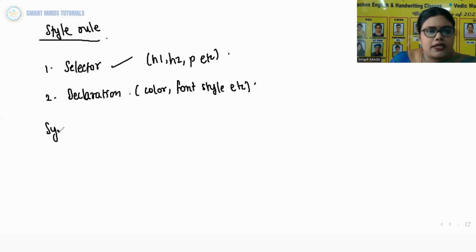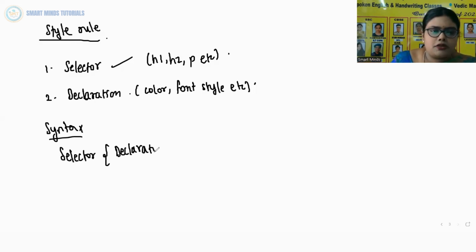And what is the syntax for style rule? It is selector, then in curly brackets we give the declaration ending with a semicolon.